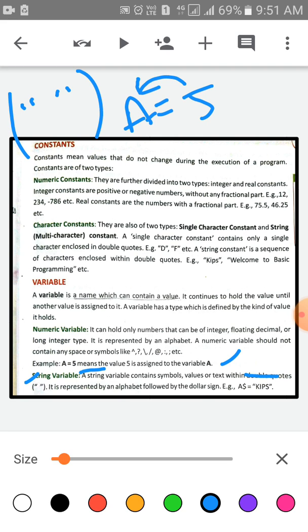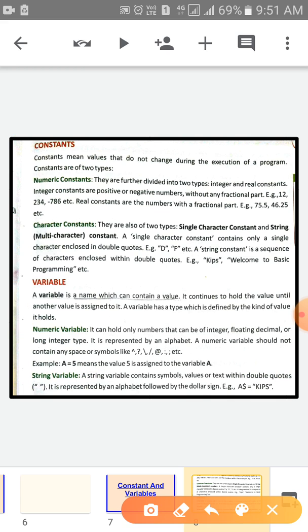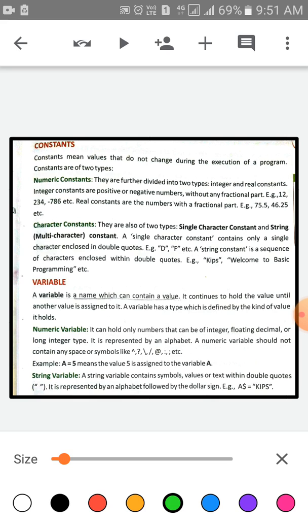It is represented by an alphabet followed by the dollar sign. You have to write the string variable like this: a dollar sign, is equal to, and within quotes you write down any string, like "kips". Okay, this is a string variable.